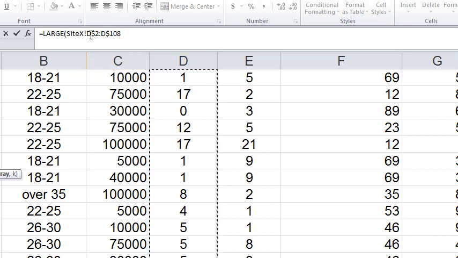So mixed reference as opposed to absolute value, which would have anchored the D and not let it move to the E if I were to copy it. Alright, when I'm done with that, then the other part of the formula, I'm going to put a comma here. So I'm clicking up here in the formula bar, and I'm going to put a comma,